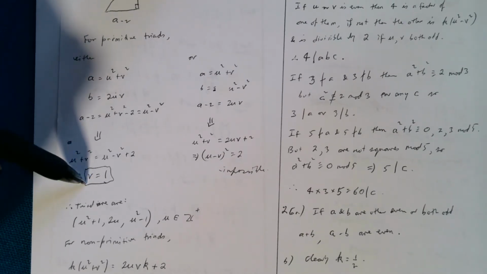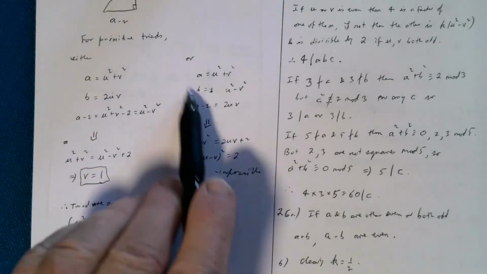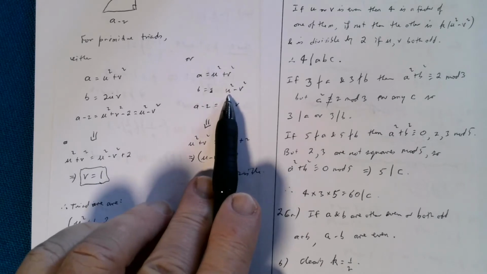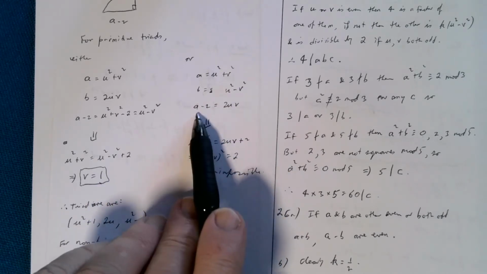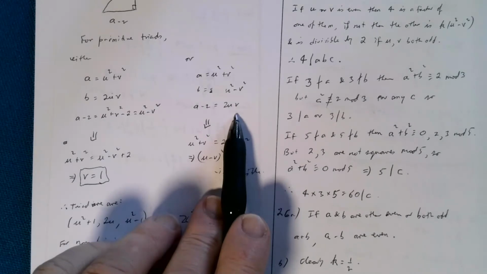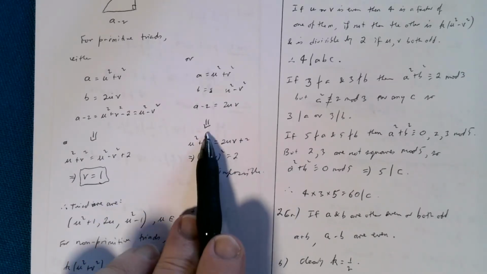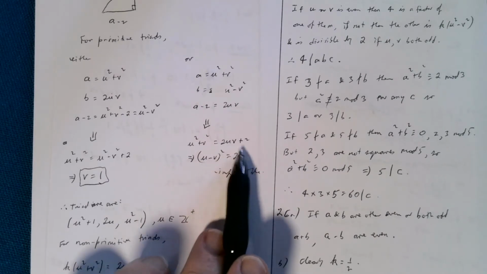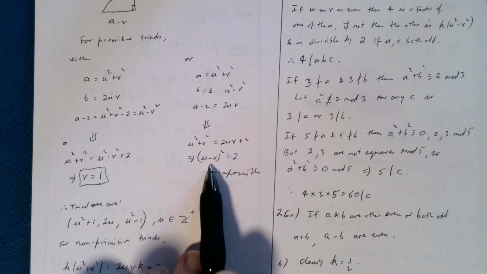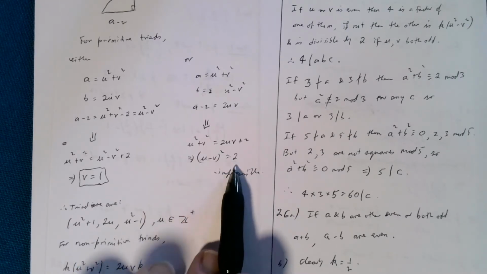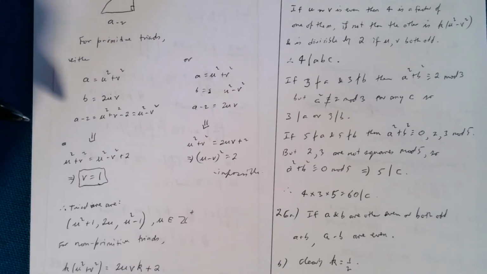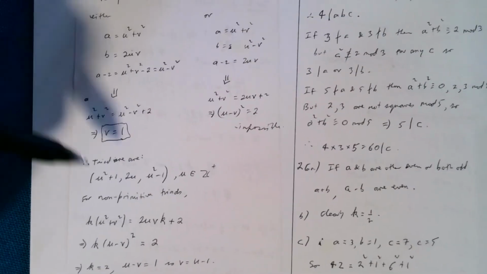The alternative is that a again has to be u squared plus v squared, and the b then is u squared minus v squared, and then the other side is the 2uv. But once again, when you replace the a, you get u squared plus v squared is 2uv plus 2, and these terms you can bring together as a perfect square, and you get (u minus v) squared is 2, and that's impossible. So the only possibility for primitive triads is when v is 1, and that gives me